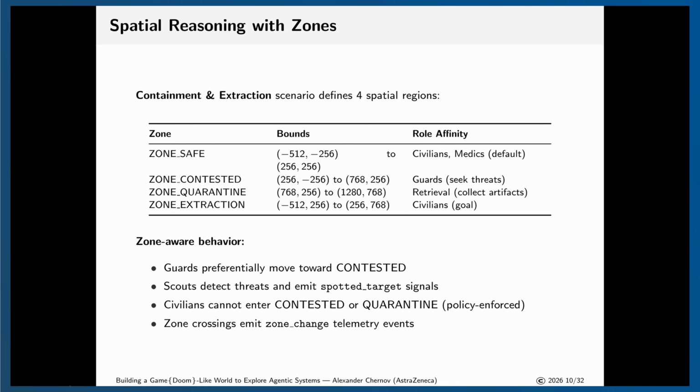So, spatial reasoning with zones. Within the game, agents are sitting in certain rooms, or they may belong to this room or another, and we can tell them what they're supposed to do. They're supposed to be a safe zone, a contested zone, a quarantine zone, or an extraction zone, for example. So by listening to agents or implementing agents, we can change through our interface how a game behaves beyond the actual original scenario of the game.